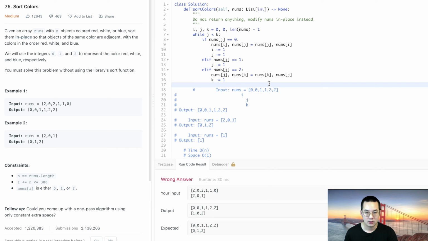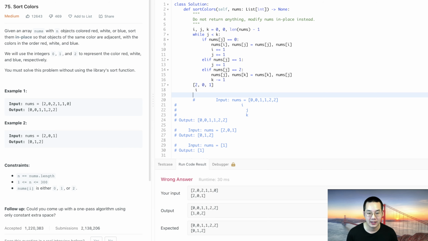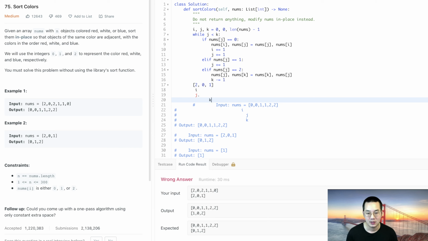So maybe we have to set. Let's just check it out. Let's see what's going on here. I thought we got it all cleared up, I and j, and it's not. And we have something to learn, which is also good. So we have j is equal to 2, so we swap with k. So we have 1 and 2, that's great. So we move the k down, and we see j is 1. Now j is equal to